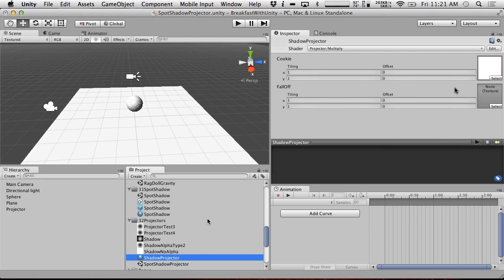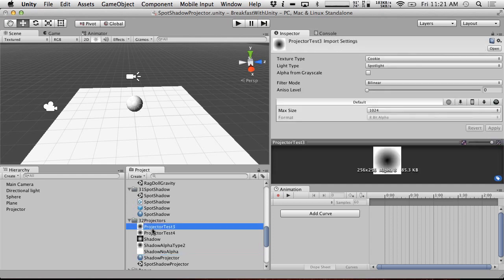Okay, I got another idea. We've got this falloff thing. Maybe that will help us. So if we go to, oh wait, no, the falloff is the ramping for distance, I think. So that's not going to solve our problem. Weird. Huh. All right. Well,